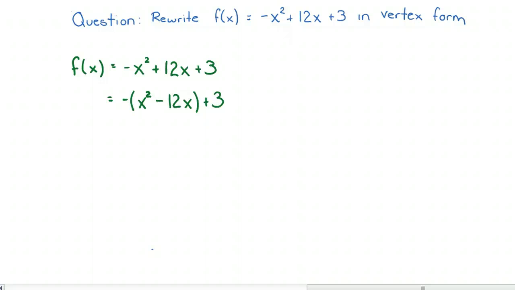of completing the square. So I'm going to find my magic number. And my magic number is equal to b over 2 squared. Notice every time I write out that formula, that is a way that helps me memorize it. Negative 12 over 2 is negative 6. Negative 6 squared is equal to 36. So therefore,